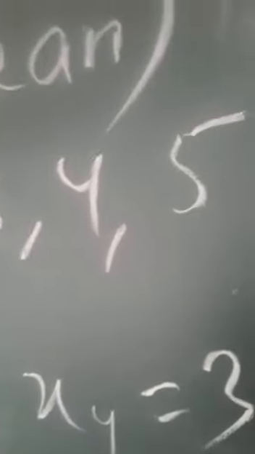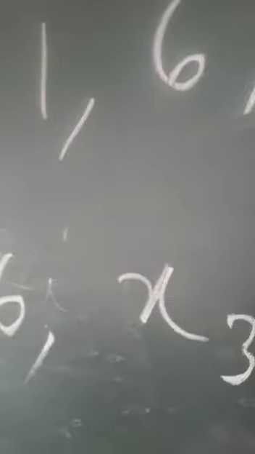It was the direct method when only the terms were given. Here only a few terms were given, and we had to find the mean of these terms. So when only the terms are given, we use the formula: the sum of all terms divided by the number of terms. Here we have added all the terms and divided by the number of terms.